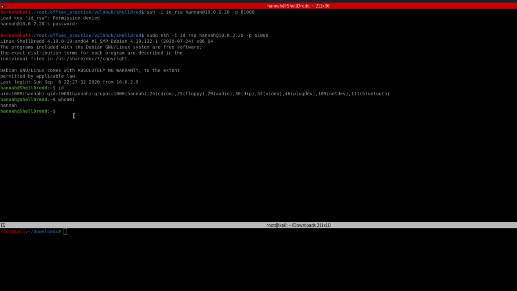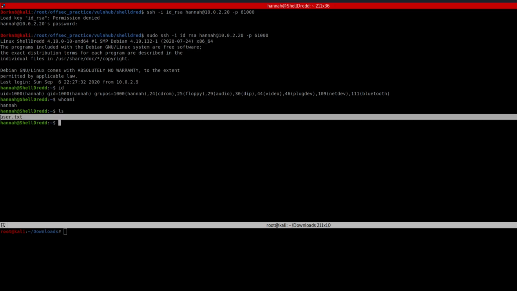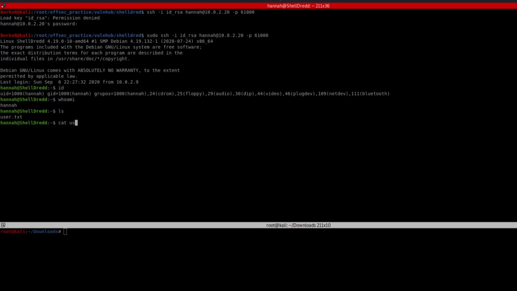So what we have to do now is we have Hannah as the current user, and we have also found the user flag. So generally there are flags like this hidden inside the machine, which can be accessed by Hannah, which suggests that you have gained the initial access to the system, that is the user access. And now we have to try to do privilege escalation to get ourselves to the root privilege. So now let's see how that is done.